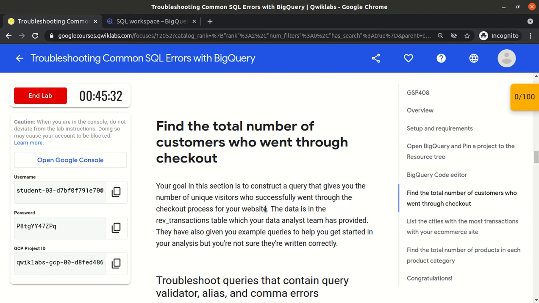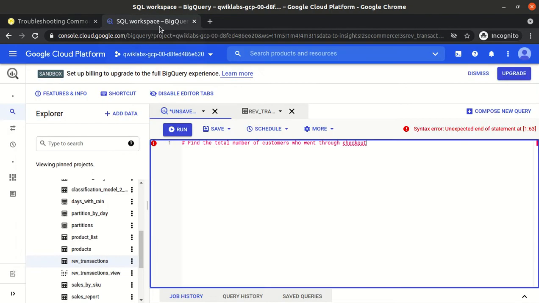When we open any e-commerce website like Flipkart or Amazon and do some shopping, sometimes we add to the cart and do not pay, sometimes we just open the website to browse some products, and sometimes we add to the cart and also do the checkout as well, right? So we need to find out those unique customers who successfully went through this checkout process.